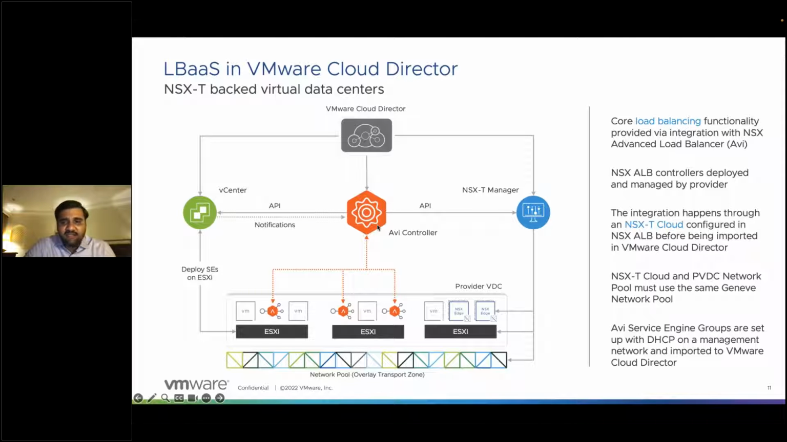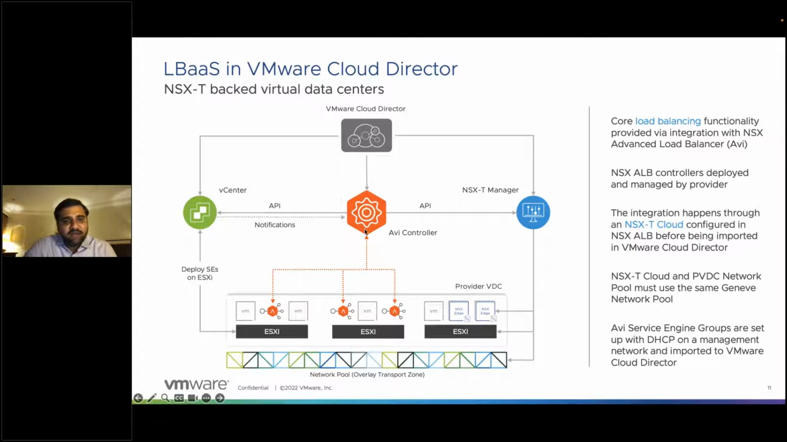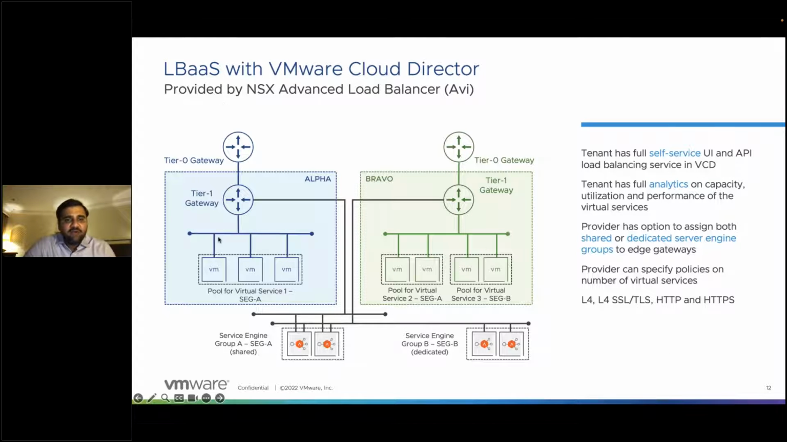All those underlying provisioning with respect to the IP pools or the DSCP management and the provisioning of the service engines are all controlled by the vCD, or initiated from the VMware Cloud Director, right? So underlying architecture is basically the NSX-T backed network infrastructure, which is getting load balanced or provided by NSX Advanced Load Balancing. So let's take a case where we have two orgs, Alpha and Bravo, in the VMware